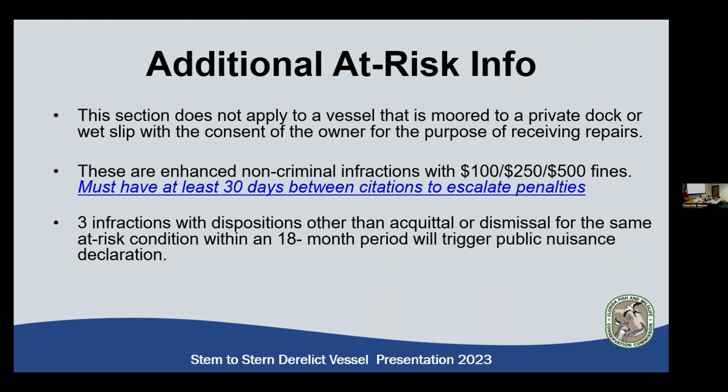Again, if a person receives a non-criminal citation for an at-risk feature, A through F, and they get a second citation for the same violation, so it has to be the same violation within those 6, then their fine goes up from 100 on the first citation to 250 the second citation. Then it's 500 for the third citation and 500 thereafter. If they've received 3 citations within an 18-month period for the same violation of 327.4107, and the disposition for all 3 of those citations is anything other than acquittal or dismissal,